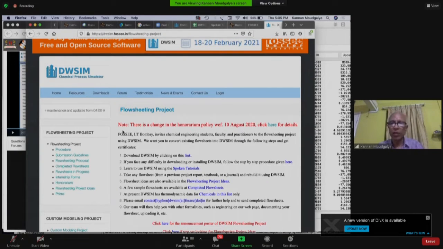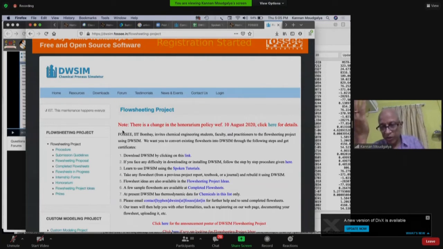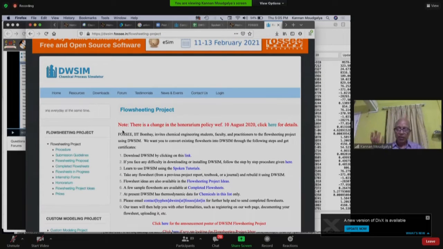That is extremely important because all the solutions that we have on our web page are validated. So the students should either compare it with some other commercial simulator, or they take a solution from a journal or from a book or from a software, solved problem, whatever it is. They solve it, resolve it in DWSim, compare the answers and say that, look, I'm getting the same answer as published. Okay. So our people go and verify it and get it accepted.